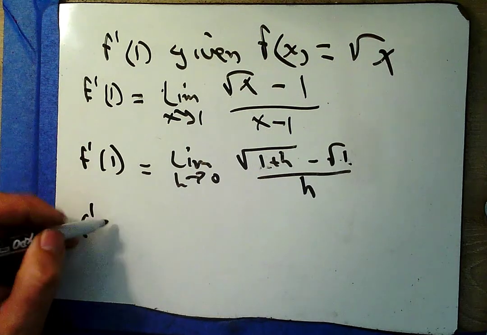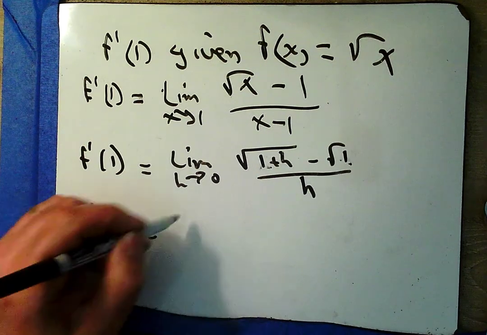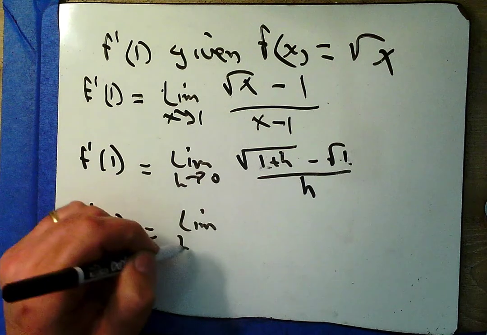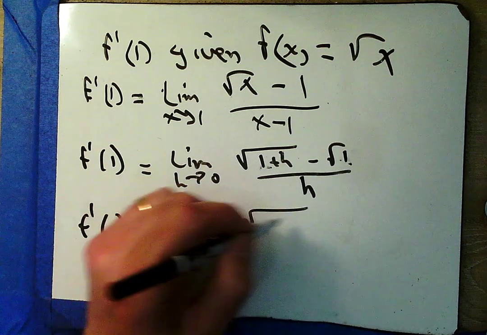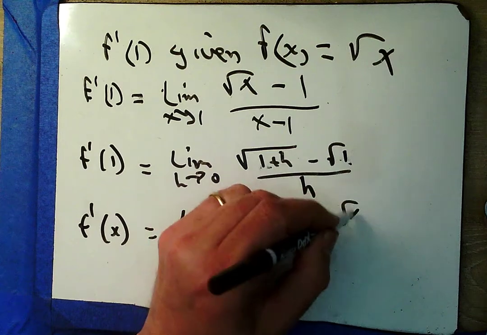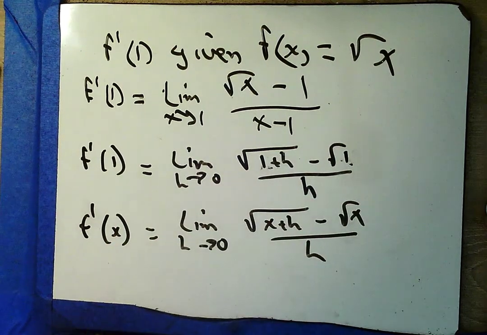What if I try finding the general derivative, the limit as h heads to 0, square root of x plus h minus square root of x all over h? And I'm in the same sad place. So how am I supposed to evaluate this? Well,